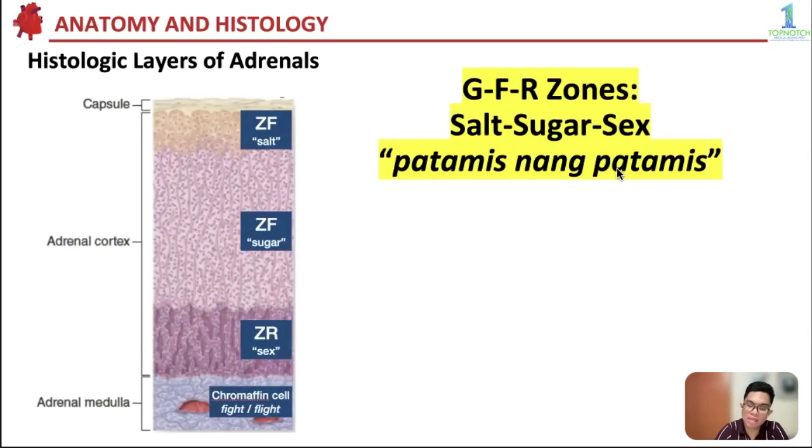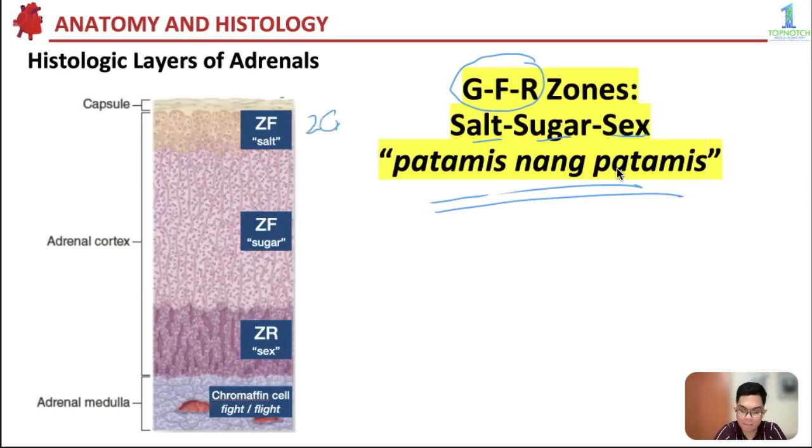So the GFR, the three zones: salt, sugar, sex, sweeter and sweeter. Okay? So this is zona glomerulosa. It secretes mineralocorticoids like your aldosterone, which is in charge of salt and water homeostasis. Okay? Next is your zona fasciculata. It secretes cortisol, so glucocorticoids in charge of your metabolism, which includes that counter-regulatory hormone. So sugars, basically. And then last is your zona reticularis, which secretes your weak sex steroid hormones, like your